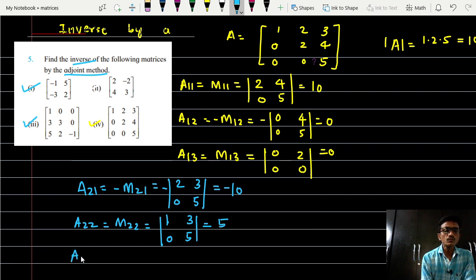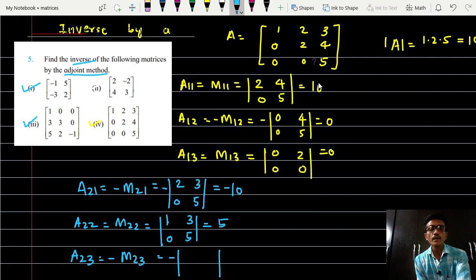Here A23 is equal to minus of M23, which is minus of the value of this determinant. Second row and third column you have to delete: 1 2 and 0 0, which comes out to be 0. This is the cofactor of the element 4 in the second row and third column. So after that we will find